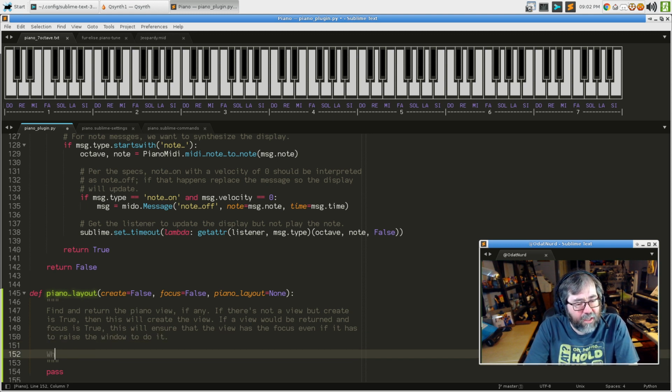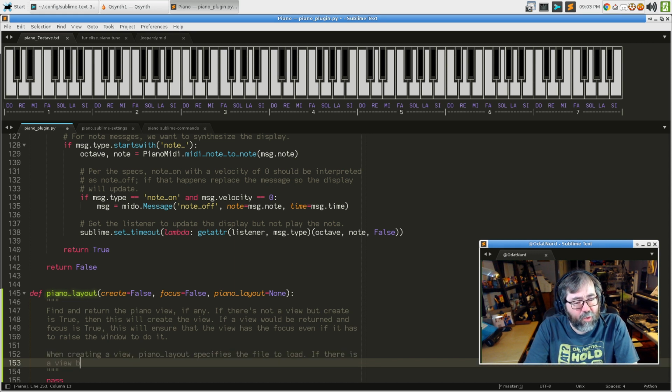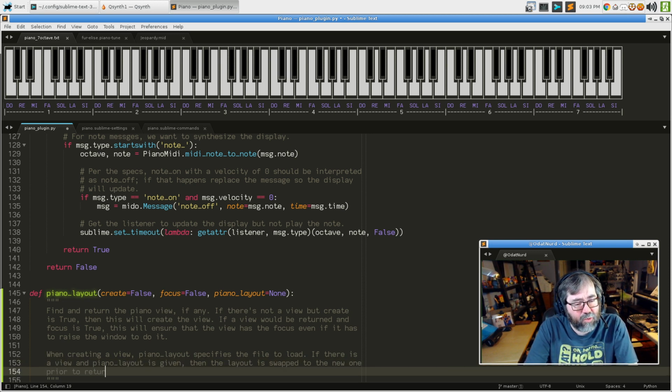When creating a piano, layout specifies the file to load. If there is a view, and piano layout is given, then the layout is swapped to the new one prior to return. Thus. Okay, so